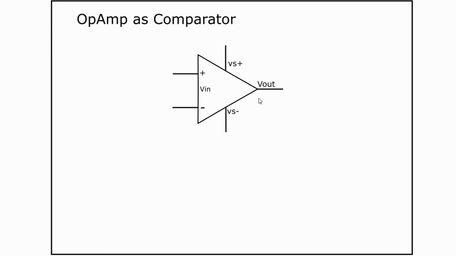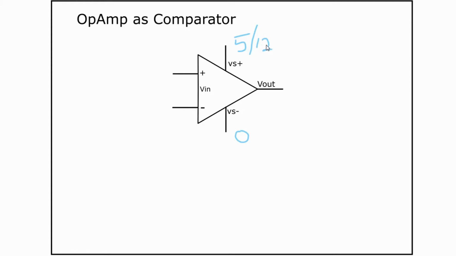These are the minimum number of pins that an op amp will require. There are some op amps which have a couple more pins for biasing and other things, but these are the minimum number of pins required. One is the supply Vs positive and the supply negative. Generally, in most of the applications you will start building, you will give, for example, 5 volts here and 0 volts here. This can be 5 or 12. If you have microcontrollers and digital ICs, it will generally be 5 volts or 3.3,